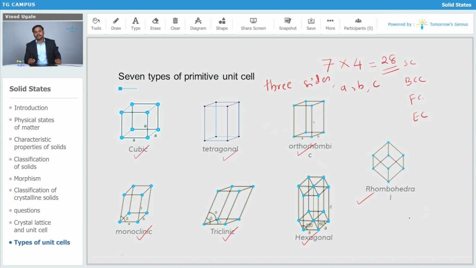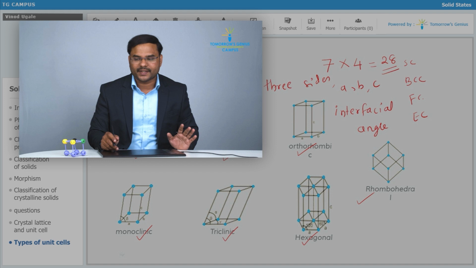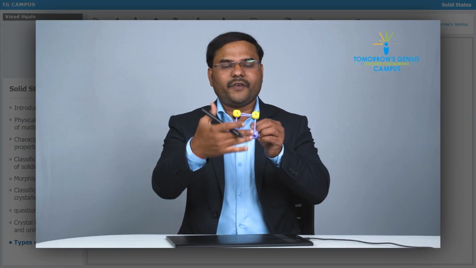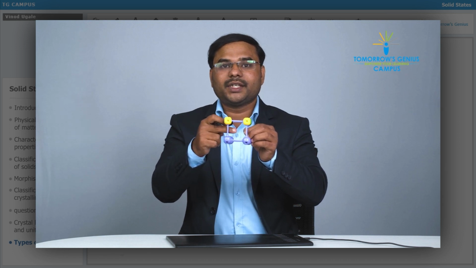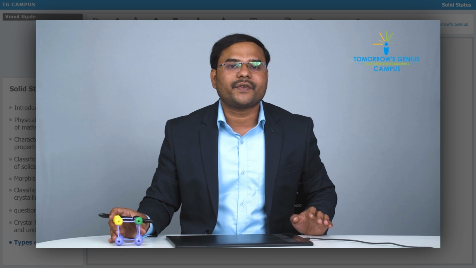So we will have to see, are they going to be equal, in which case they are going to be equal, in which case they are going to be not equal. Similarly, we will have to consider the angle between the planes, not angle between the sides. So here we are going to consider interfacial angles. So when in the examination you will have this word, you should not be afraid of this word. Interfacial angles means the angle between 2 faces. Likewise, here you can see that this is our one face, the front one that you can see, and this one is another face. So the angle between these 2 faces will be called as interfacial angles.